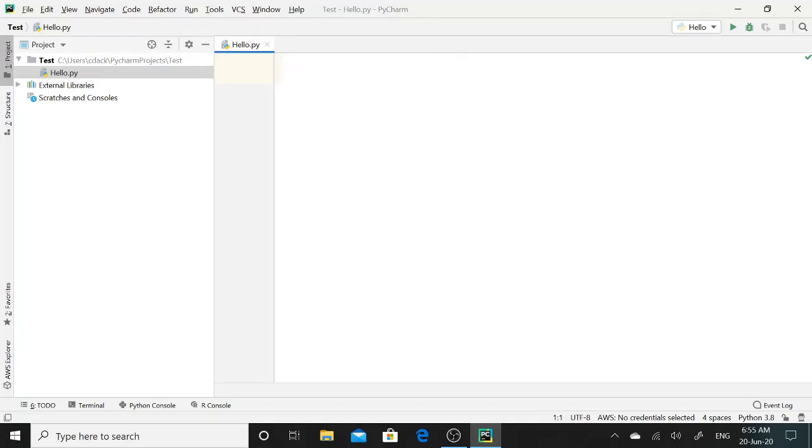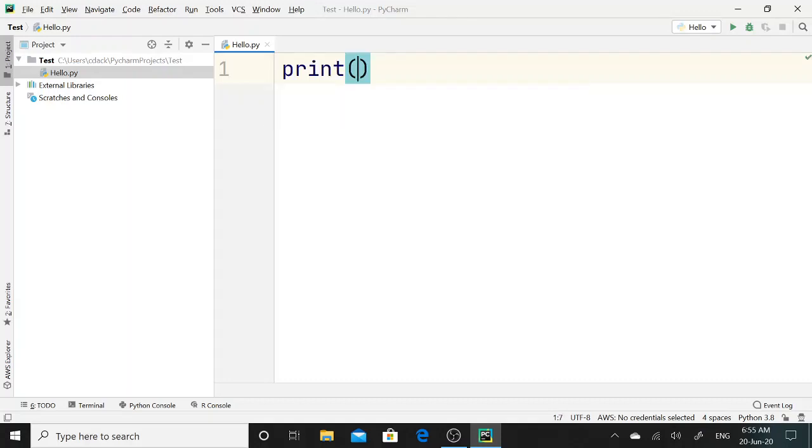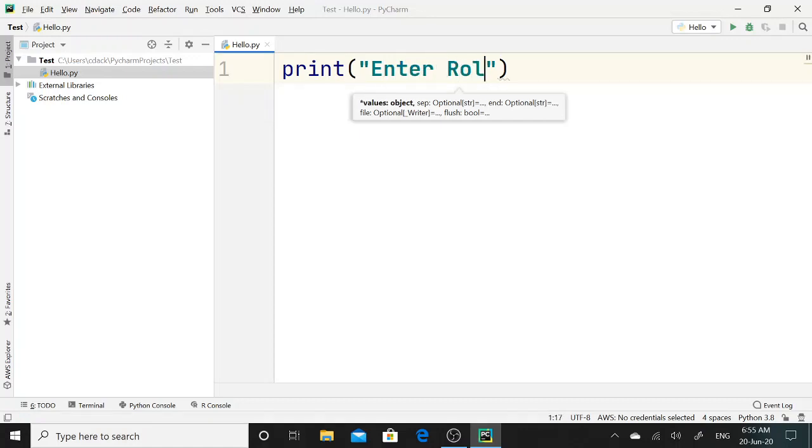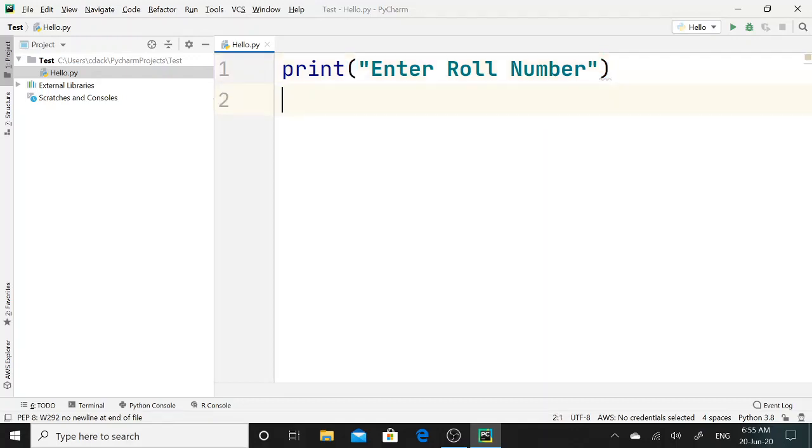Now you just need to call the print function. Here in double quote I will mention enter roll number. Then I will simply jump into the next line. Then I will declare one variable over here,